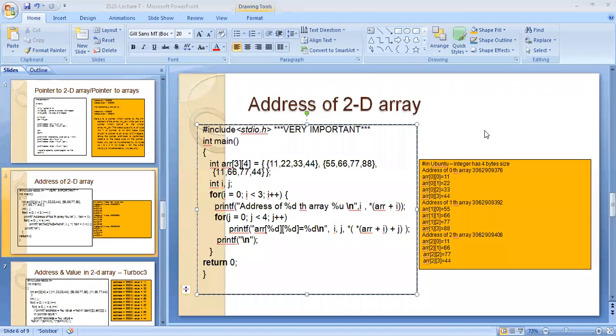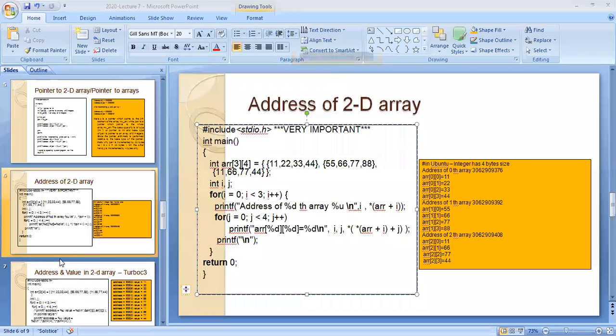Array of 2 comma 3 I have asked. Priya B. Array of 2 comma 3. 2 is rows, 3 is columns. Okay, good. So now I got that you people have understood something.